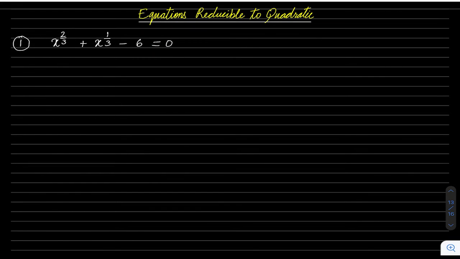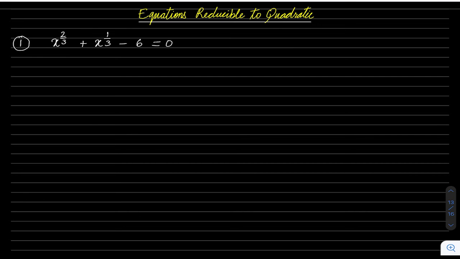In the previous videos, we have seen how to complete the square and solve the quadratic. And you already know the discriminant method to solve a quadratic, and you also know how to factorize a quadratic and get the roots. Now, sometimes we have equations which are not exactly quadratic, but they can be reduced to a quadratic equation by some simplification or substitution. So we are going to see those cases.